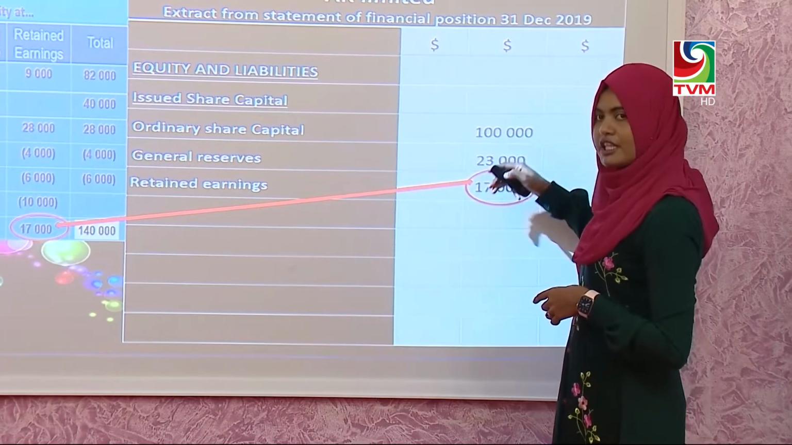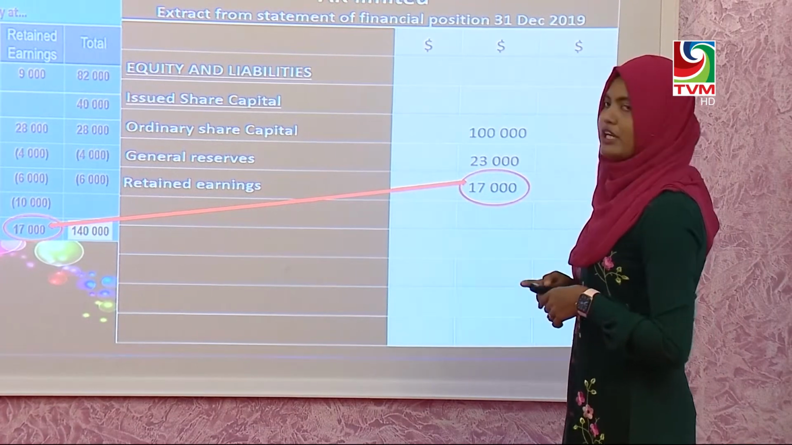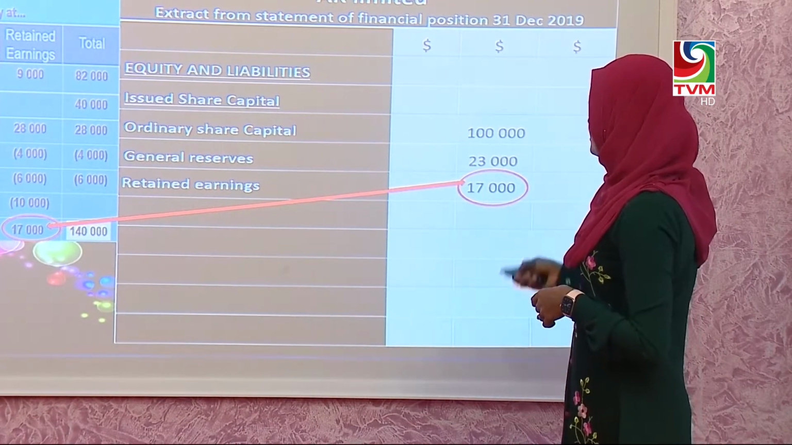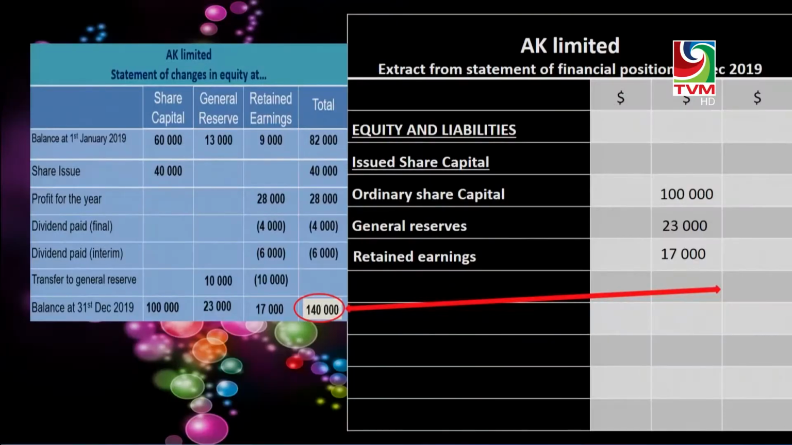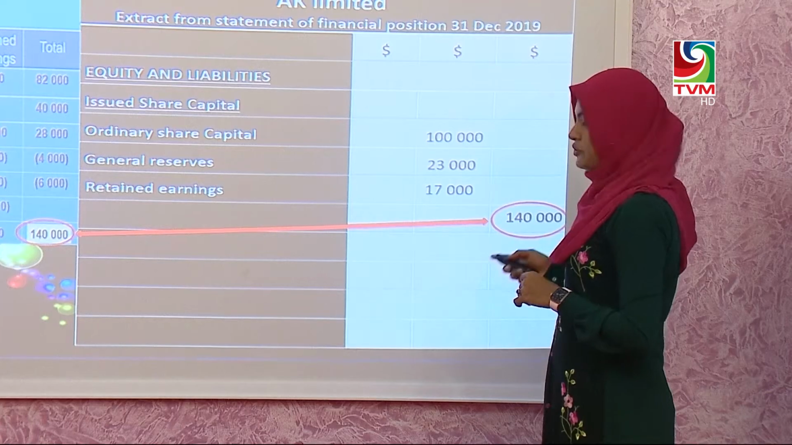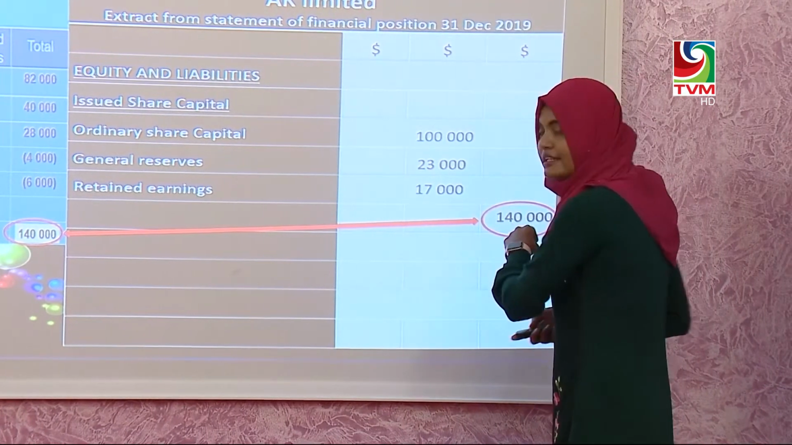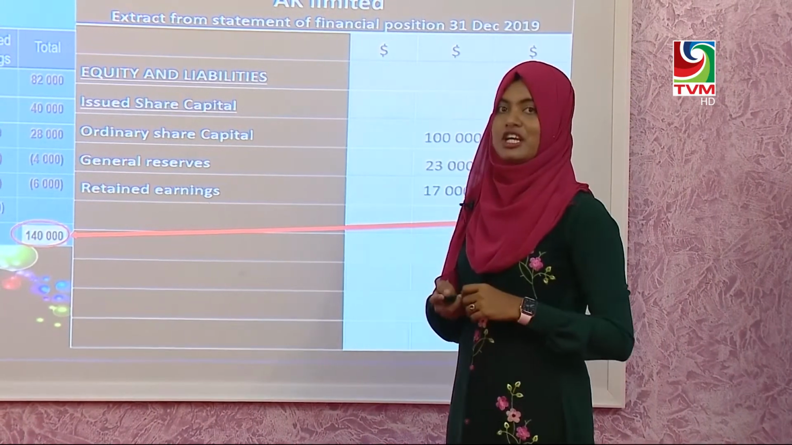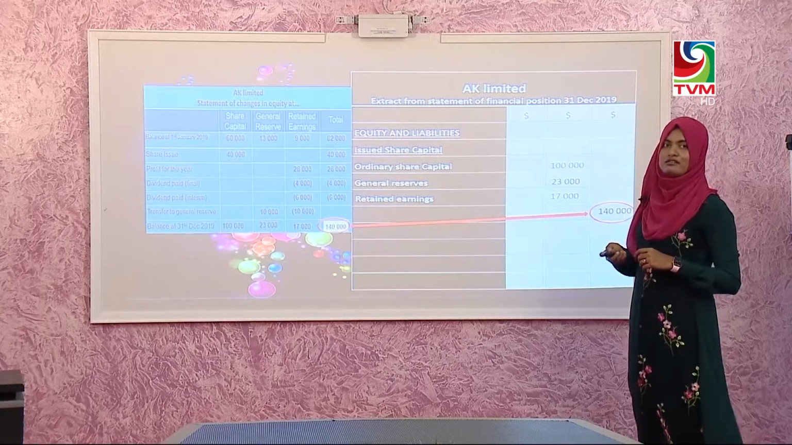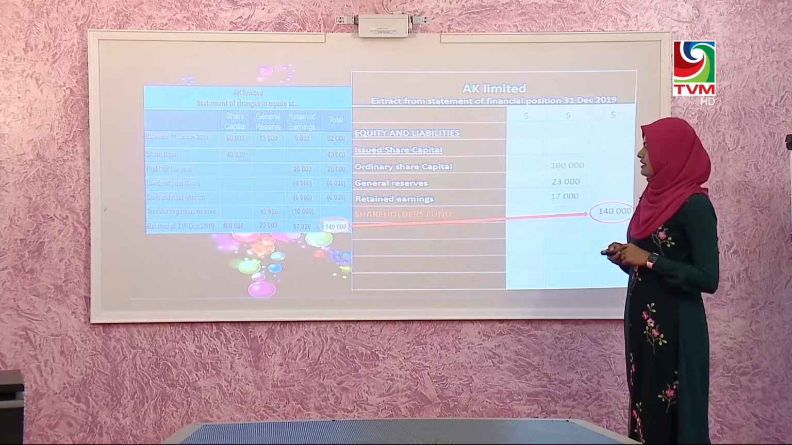Now once you record the three items in the statement of financial position, you need to show the shareholders fund as well. So the shareholders fund is 140,000 and it will be transferred to the third column. As you can see, the total of these three things, 100,000 plus 23,000 plus 17,000, will give you 140,000. Just writing the total is not enough here. You also need to mark this amount as the shareholders fund, as this 140,000 represents our shareholders fund at 31st December